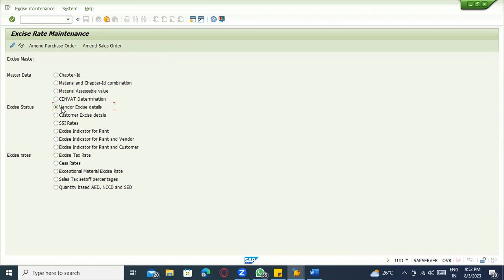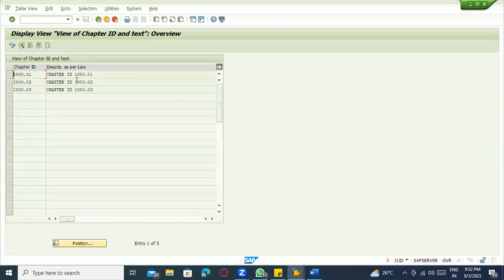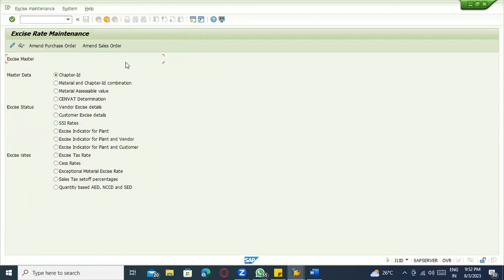Is it clear? So here, if you can see, the chapter ID is something which the government has provided. Depending on the type of the material and the type of the product, it says that this product will come into this category, and that product will come into that category. You maintain that on the chapter ID.